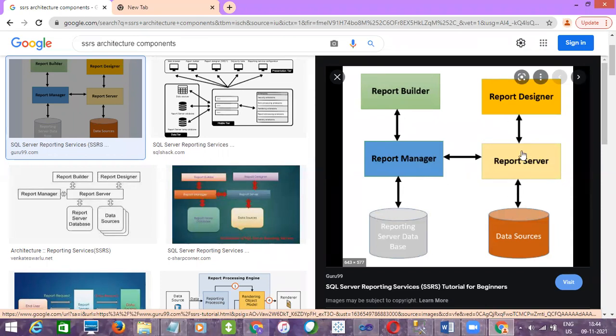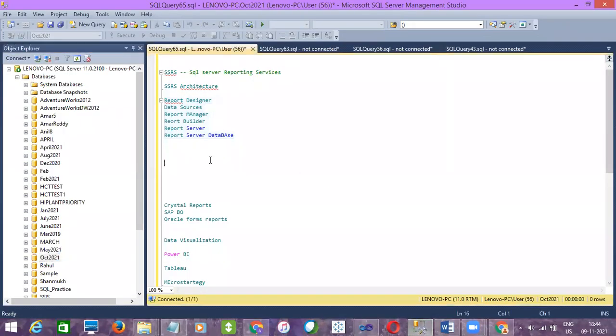Okay. Any questions, guys, with the components of SSRS? Guys, did I share the MSBI material with you? No, the SSIS and SSRS material. Like I said, no. Okay, I'll share it today.